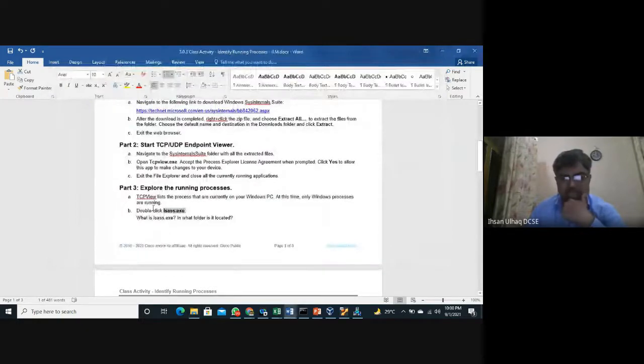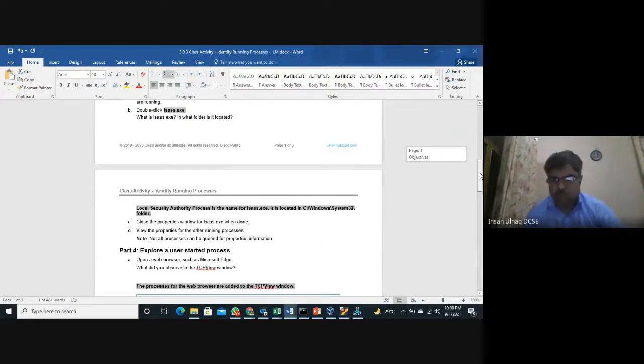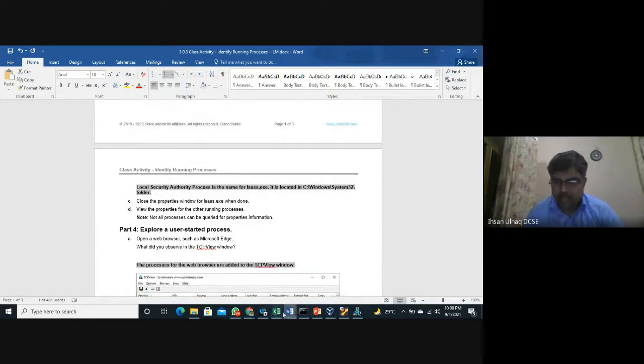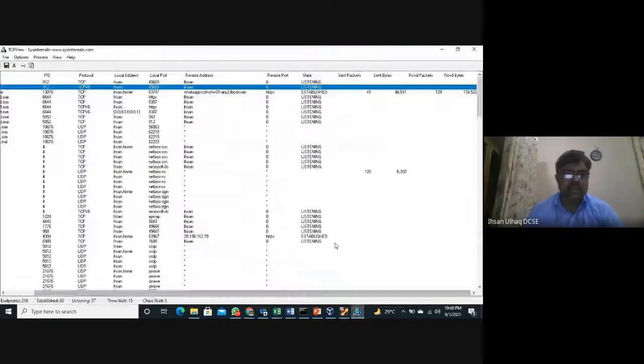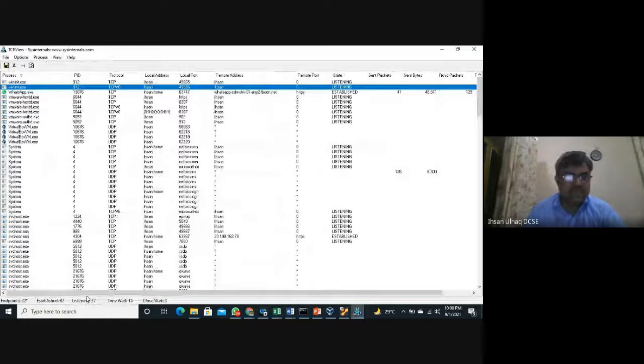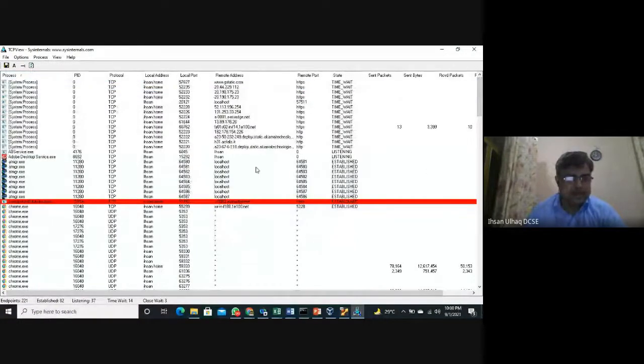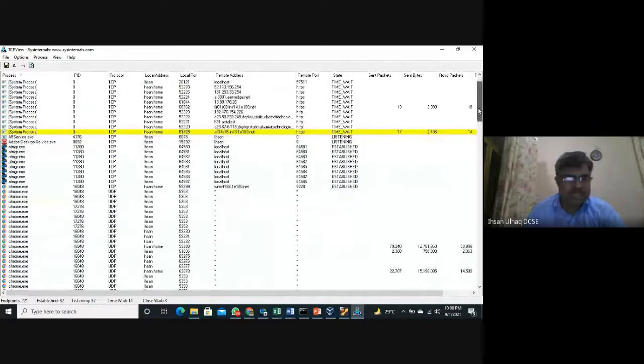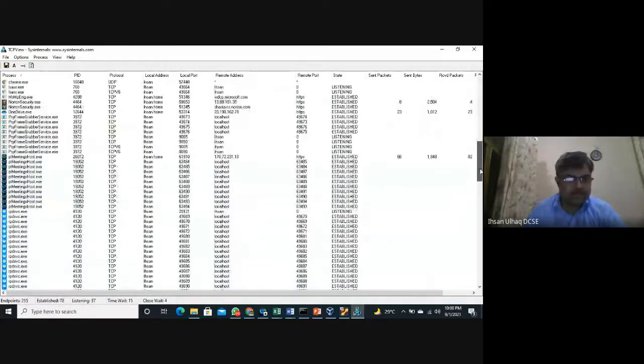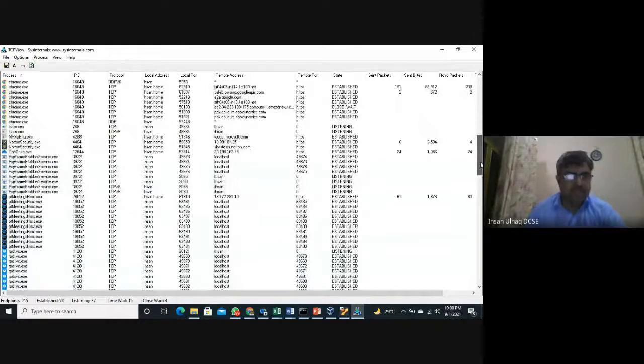It is an exe file basically. TCPView will list the processes that are currently running on your Windows PC at that time. Double click this. Where is this located? Let us look at it from here. Where is this? Yeah, here it is. And if I go to the LS, I need to write it like this. So A, B, C. Yeah, this is